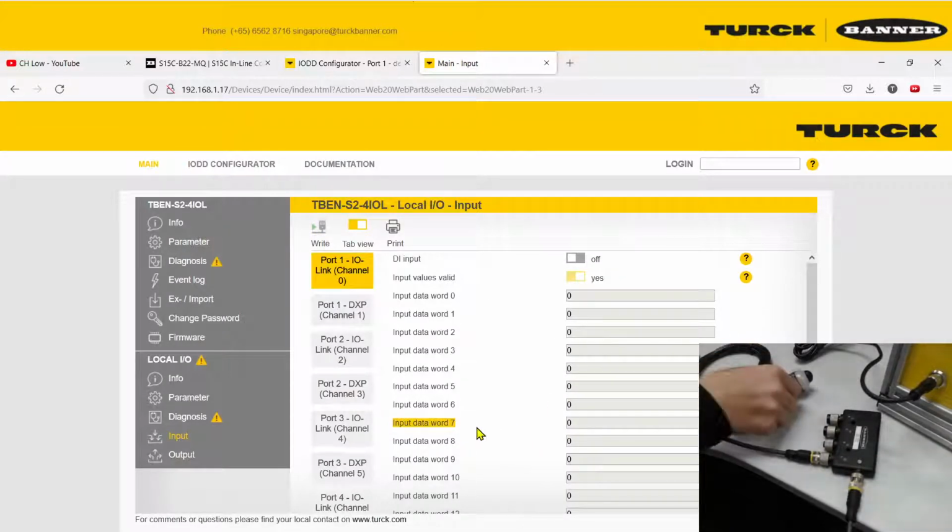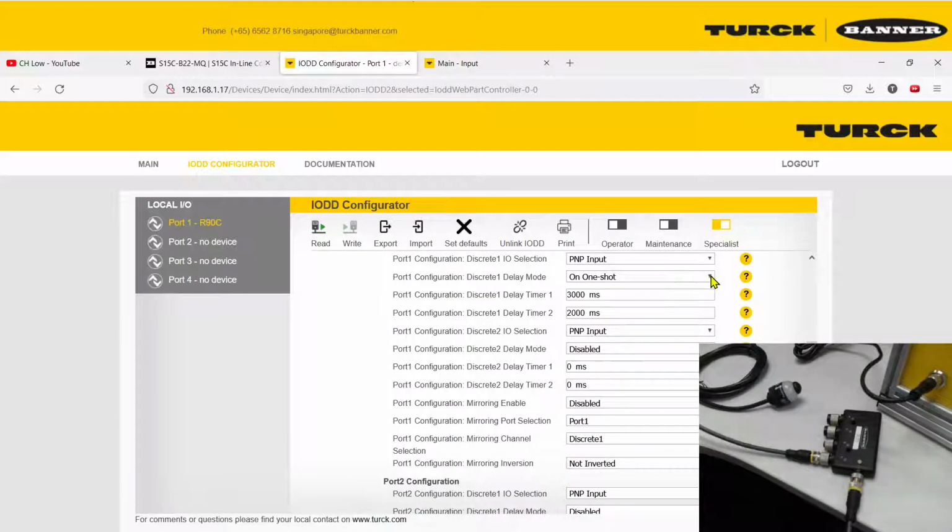Okay, you can see that your discrete state stays on for 3 seconds before turning off. So that is your on delay. And for your off delay,